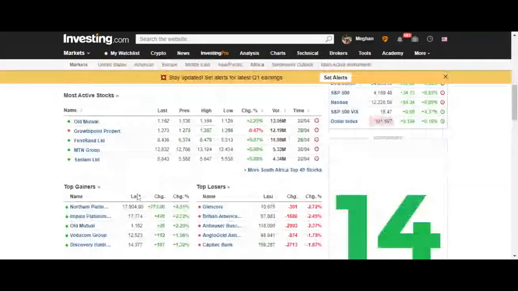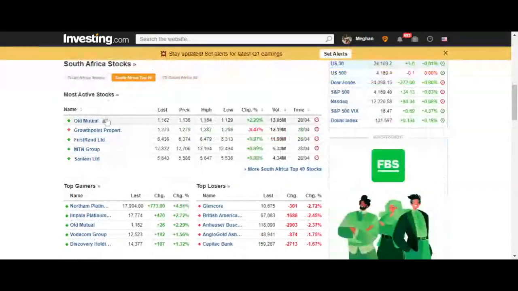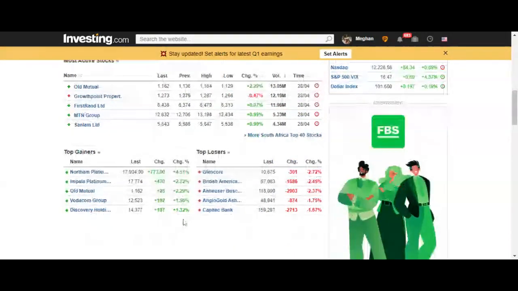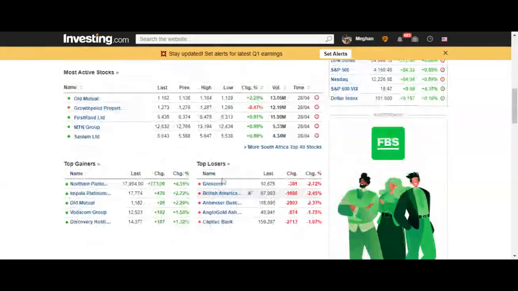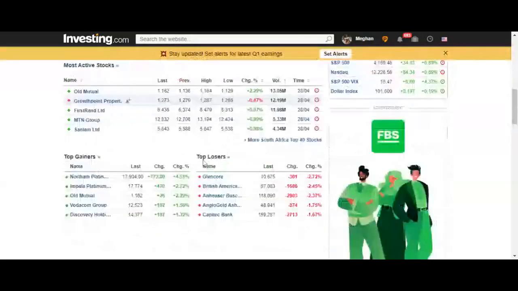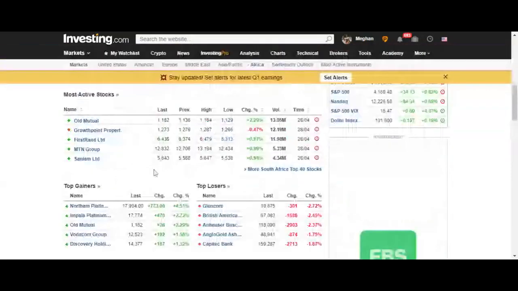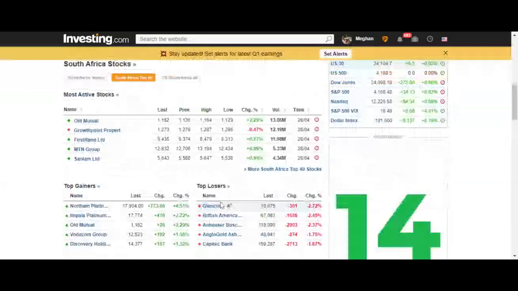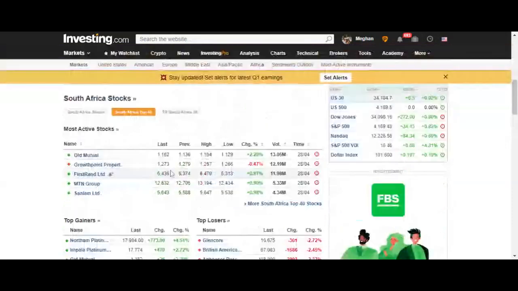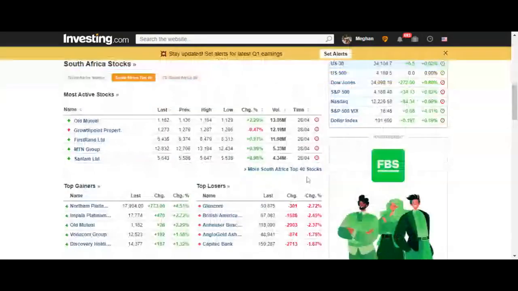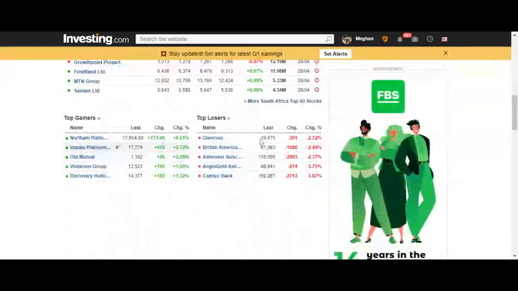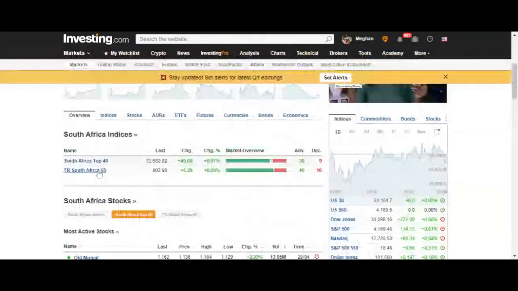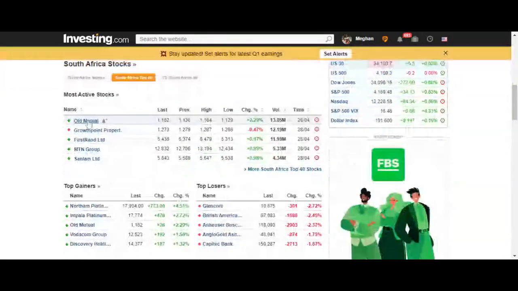Okay, so we've got our top gainers for the recent past, and most active stocks. All of these stocks are listed on the South African Stock Exchange. They obviously focus on the larger stocks. All of those larger stocks will fall in the top 40, which are instruments that you're able to trade in this investment challenge. If we click on, let's say, Old Mutual,